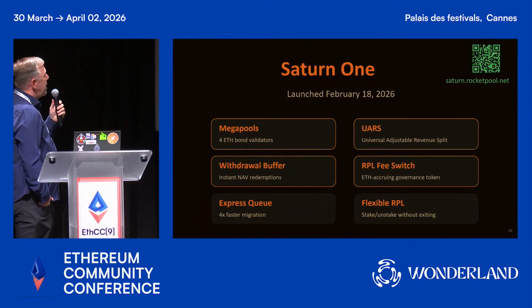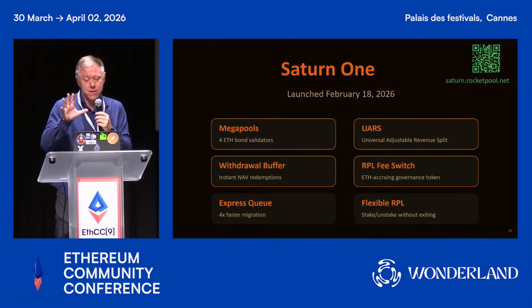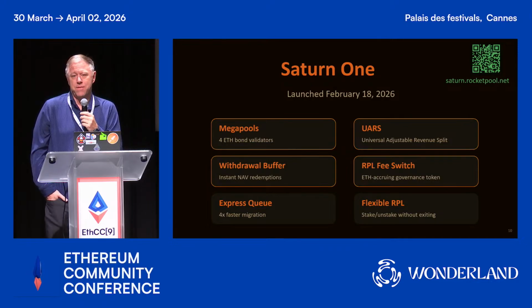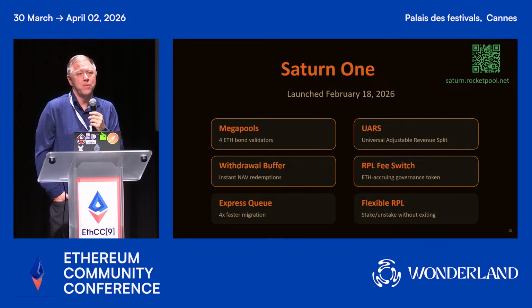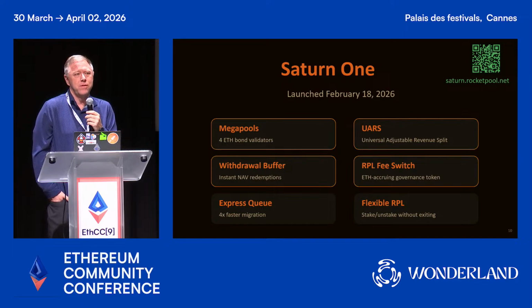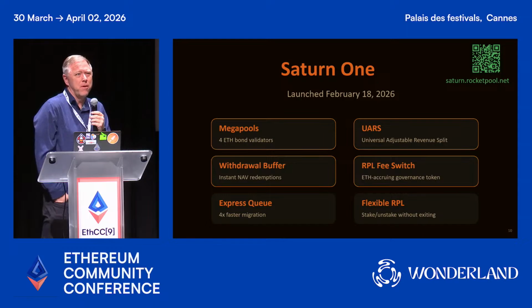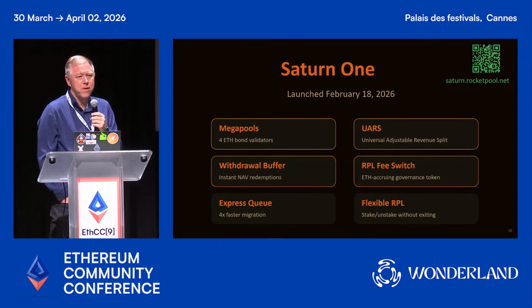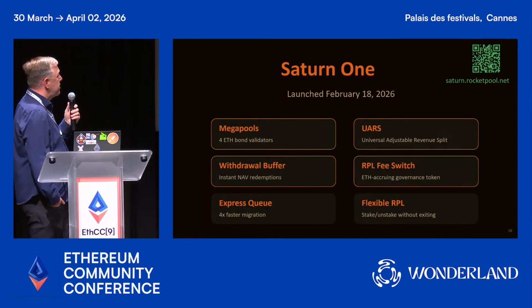Saturn One had a number of upgrades that I've listed on this slide here, but I want to call out just 4 of those as kind of maybe the key enhancements from there. And I think Saturn One was really one that was trying to move the pendulum between how do we make it more efficient for the existing node operators that we have. And Rocket Pool has probably one of the biggest sets of independent node operators. I think there's about 3,400, 3,500 independent node operators. So it is probably one of the biggest aggregations of home stakers that are out there.